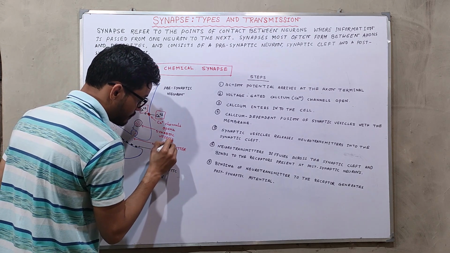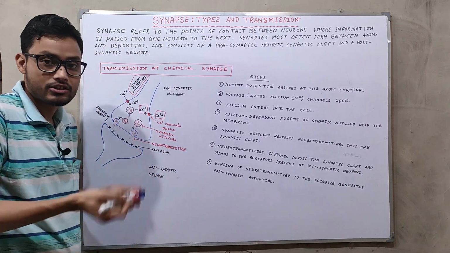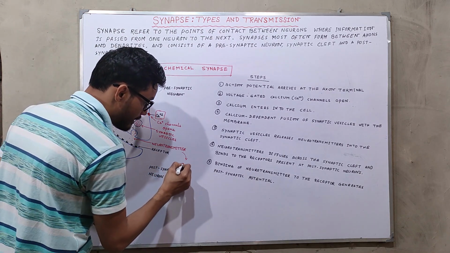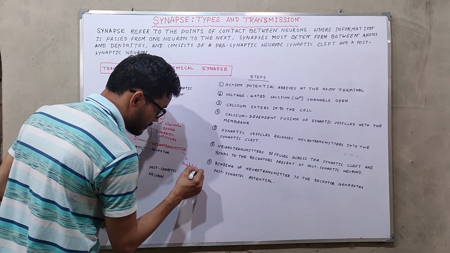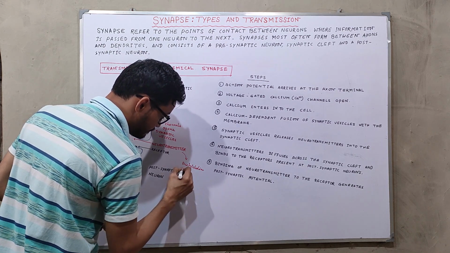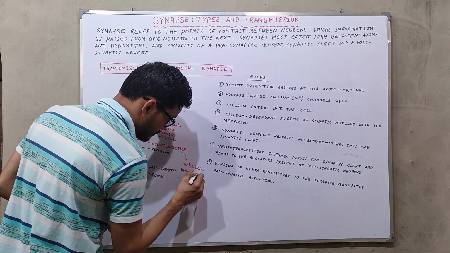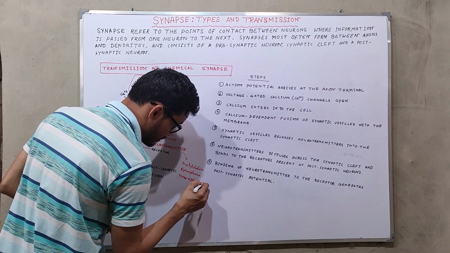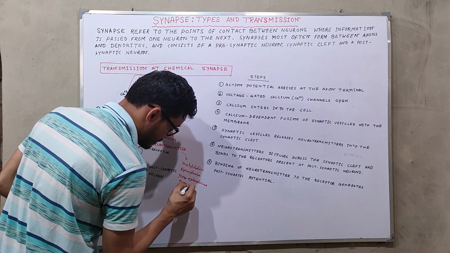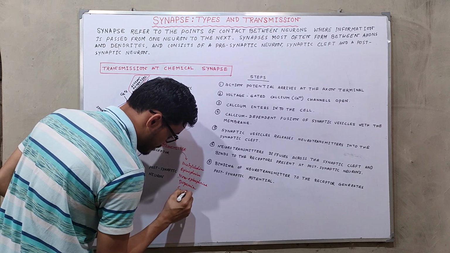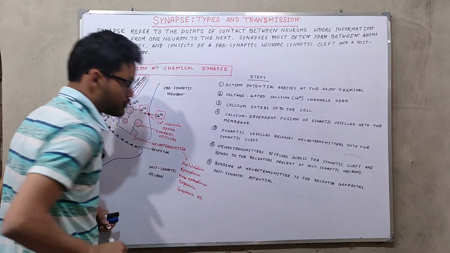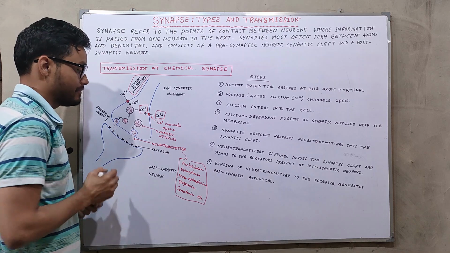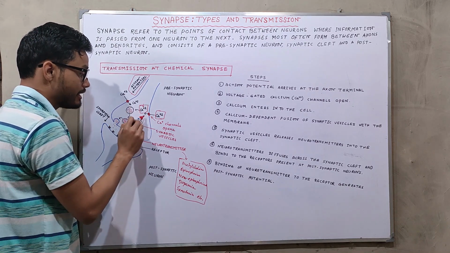So these are the synaptic vesicles. Whenever these synaptic vesicles are generated, the neurotransmitters are within them. Neurotransmitters like acetylcholine, epinephrine, norepinephrine, dopamine, serotonin, etc. So these kinds of neurotransmitters are generated within the synaptic vesicles, and calcium helps these synaptic vesicles to fuse with